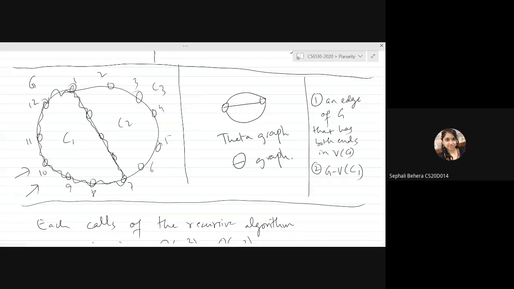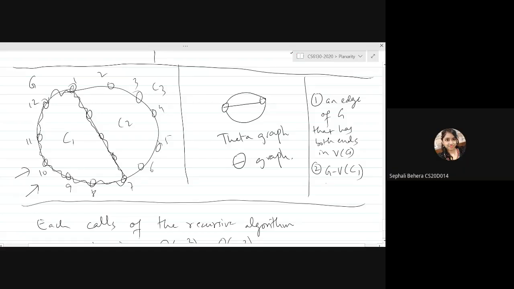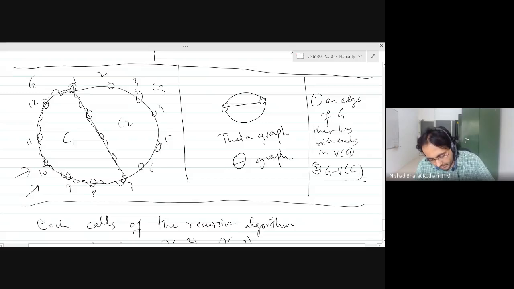2, 3, 4, 5, 6. Will 1 be there? Will 7 be there? No, if I remove that, then it will not. Right. So this will be your component, right? And now you will take all the edges joining the component to the cycle. And so now 1 and 7 will be included. Do you agree?